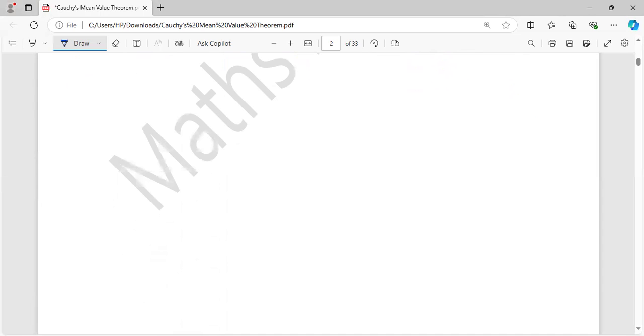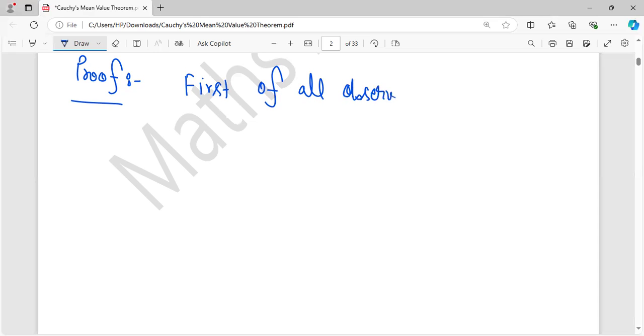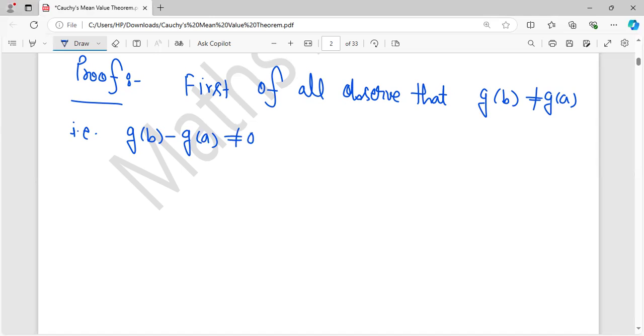First of all, observe that g(b) is not equal to g(a). It means g(b) minus g(a) is not equal to 0. Why? Because if possible,